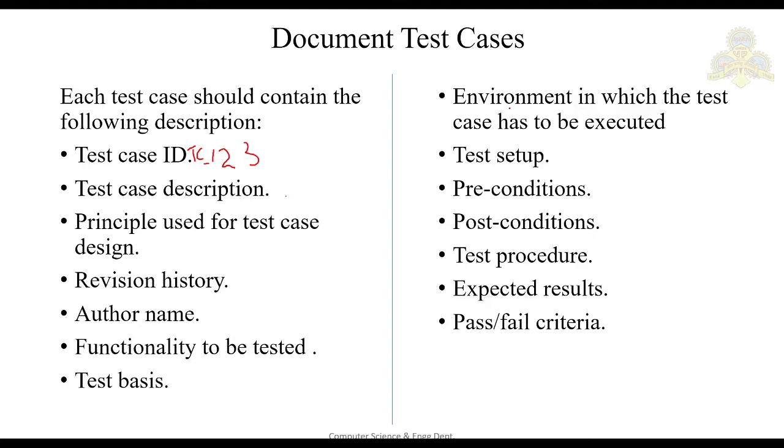Then you should have the preconditions. Preconditions mean the status of the software before giving any test input. Then postconditions mean the expected status of the software after executing the test input, including any error messages. Next, your test case should also have the test procedure. After that, it should have the expected result and pass/fail criteria. Any changes that have to be made to your test case design document must be done only through a procedure defined in your configuration management plan. We'll study that later.